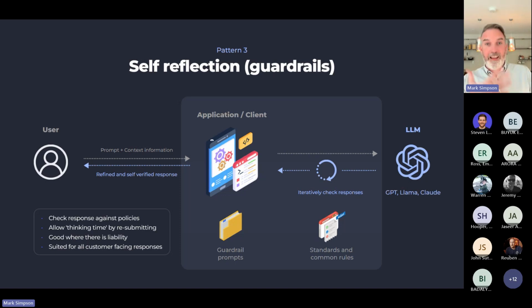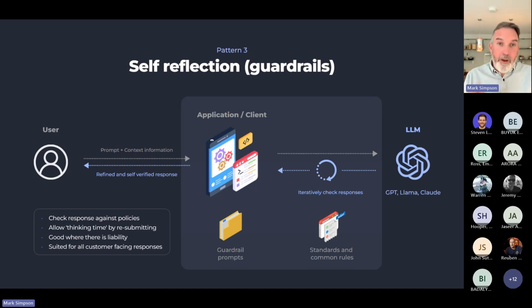However, if you take that response and pass it in as a prompt, and say, review everything you've said, reflect on that, have another look. Is there a way you would rewrite or improve that response? This is why it's called self-reflection. And you can do this at home with ChatGPT. If you type in a question, get a response, give it a go at passing that response in and saying, now looking at what you've done before, can you check it for inaccuracies, or can you reword it with this extra tone?